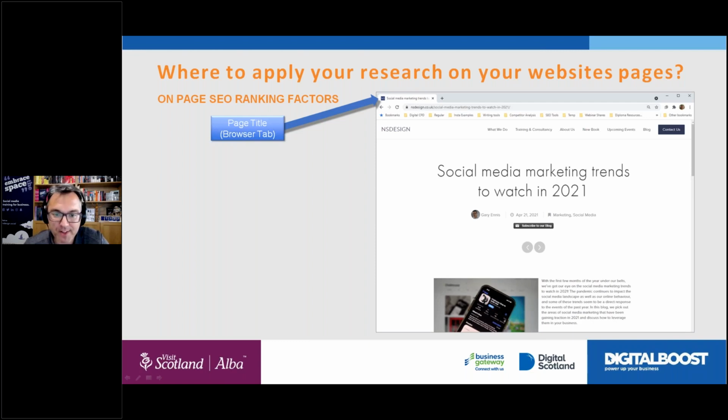Okay, let's move away from the title. Let's move on to what we call an H1 header. Again, this is a bit geeky, but let me mention it. Don't worry about it if this doesn't make too much sense. You can have any sort of content on your pages. When you are adding content to your pages, whether it's via WordPress or Squarespace or whatever, if you want to make a bit of text on your page look a little bit like a header,